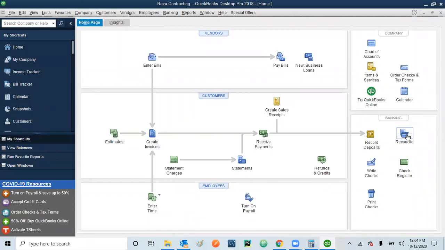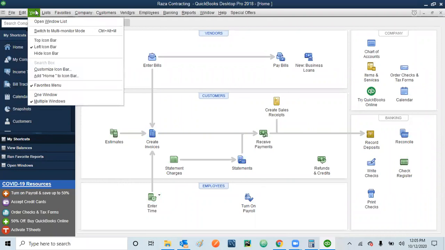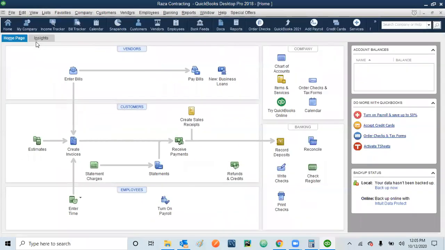Just to give you the idea, we have customers on the left. I have this screen quite small, so I always like all the tabs on the top of the screen. What I can do is simply go to View. They are now right on the left side, and I want to make them on the top, so it's a part of View. So I'll go to the View option here, and then I'll say Top Icon Bar. Once I select it, you can see my screen looks much bigger in size,